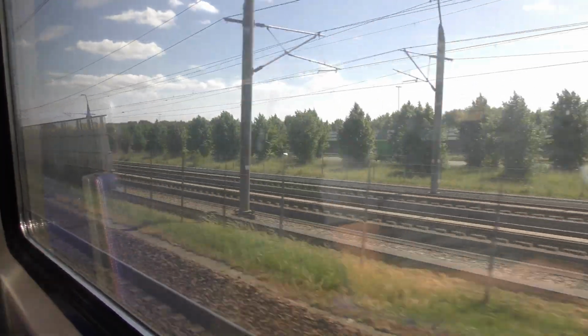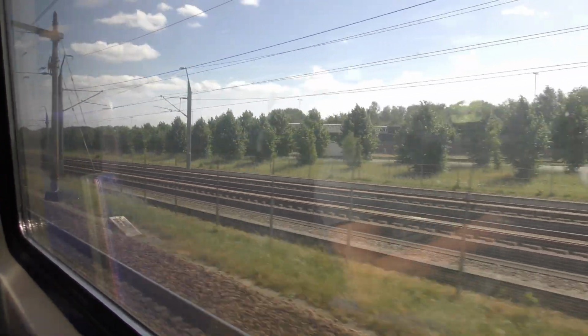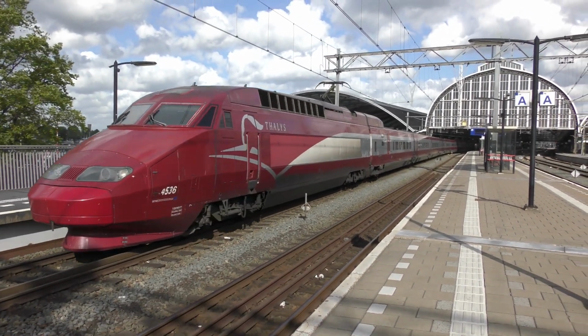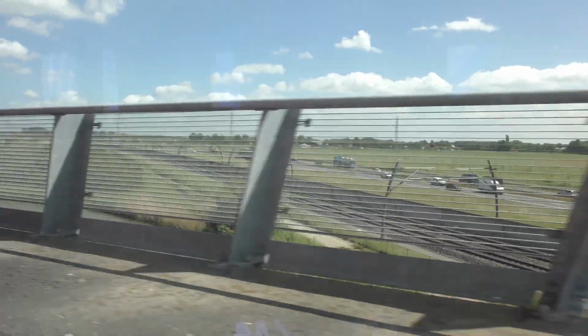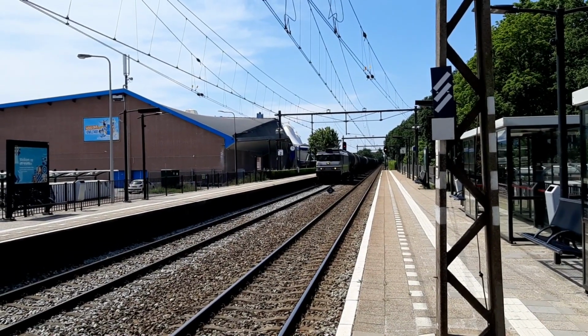The high-speed line was opened in 2009 and connects Amsterdam with Rotterdam and the Belgian border. Trains run directly over this route to London, Paris and Brussels. The Betuwe is a railway line that is used for freight trains, and it connects...